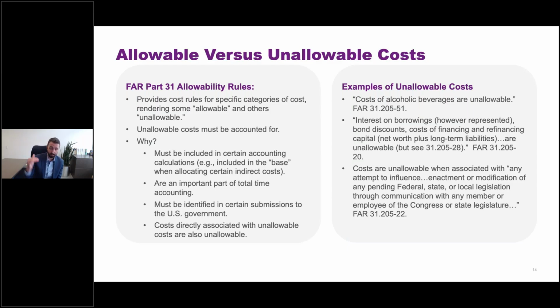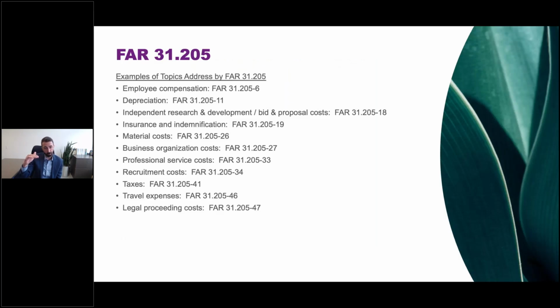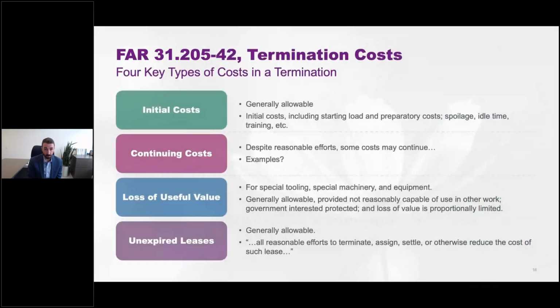Going to the next slide, I think I've got a list of a few other topics that are addressed under FAR 31.205, which is sort of the root where you then have the specific cost principles. So employee compensation is addressed, depreciation is addressed, independent research and development and bid and proposal costs, insurance and indemnification, material costs. If you've never taken a look at these and you think your termination settlement proposal may involve costs covered by these principles, you are going to want to give it some thought. Okay. On to the next slide. And that, by the way, is an example of where you may need some outside legal or cost consulting assistance in navigating some of those things.